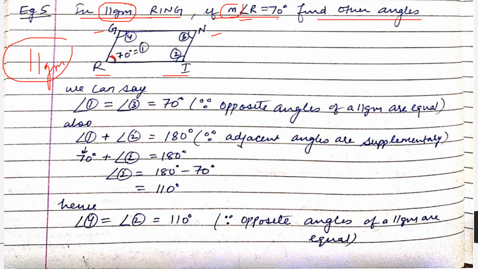So I have named angle R as 1, this angle as 2, this as angle 3, and this as angle 4, and we can say 1 and 3 are equal. Obviously, why? Opposite. So 1 and 3 are equal. This means 3 is 70 degrees. Then I can say 1 and 2 are adjacent, like this I have done here. So this gives me 2 equal to how much? 110. When I've got angle 2, can't I find angle 4? Same case, opposite angles. So I hope you can do and understand this very easily after understanding the properties of parallelogram and its child.